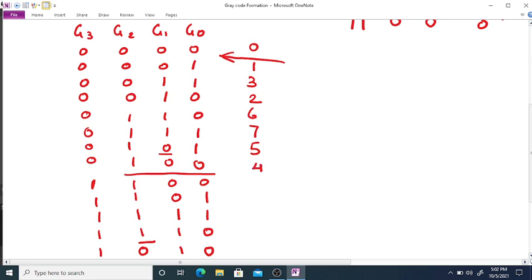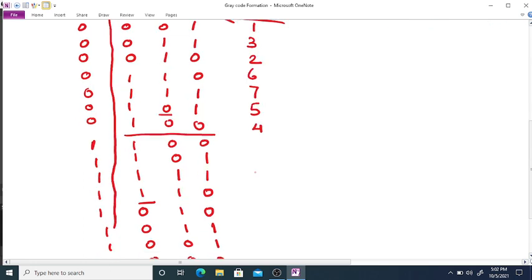Now this is for 3 bits, we are only seeing these 3 bits, considering only these 3 bits. So again if we write down the decimal values for this, we will get 4, 5, 7, 6, 2, 3, 1 and lastly it will be 0.